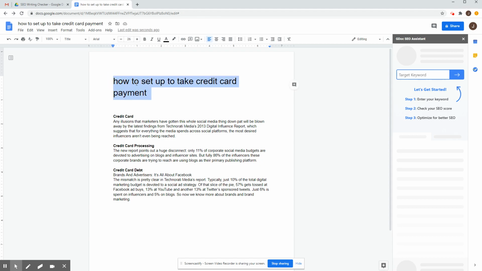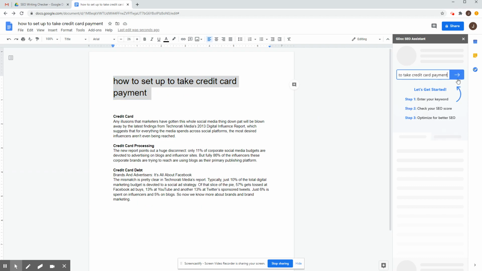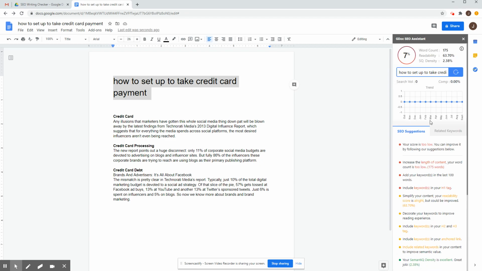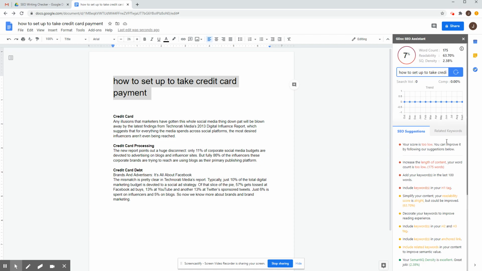So the first keyword is the title keyword, how to set up to take credit card payments. I put it in here, I hit enter, and then the system looks at the document. And here you see out of the blue that it gives you advice about how strong your writing is, SEO based. Now, 7% is pretty bad. You need to have a 100% score, otherwise it's just not SEO optimized. Word count says 175, readability 63.7%. Please think about making sure you score